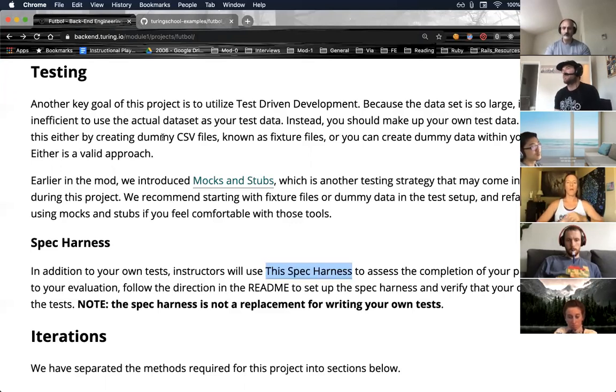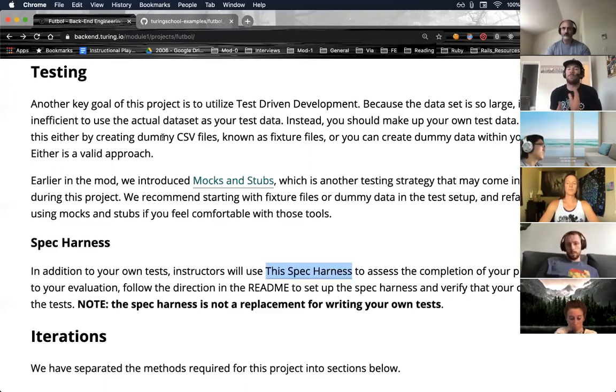That's generally what we're looking for at the first project check-in, is that you at least have it by then. So know that that's what we're going to be looking for. I would say one of the first things I would do is set up that Spec Harness, go through any of the environment issues that are coming up, so that everyone can depend on it as a tool to ensure that you're writing methods in the right way.